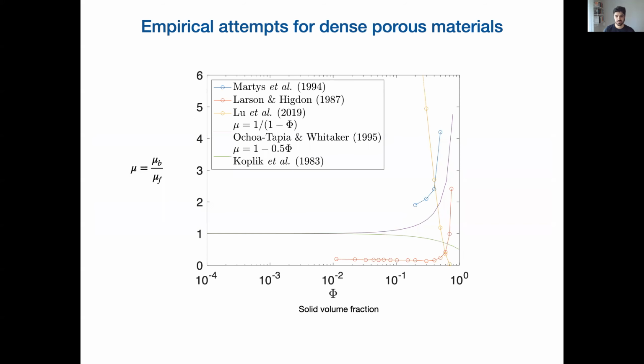However, there are a number of works that have tried to validate this by numerical simulation, by pore-resolved numerical simulation. And we can see that for different solid volume fractions, you can have a viscosity ratio between the Brinkman viscosity and the fluid viscosity which is significantly different than 1. So here is a